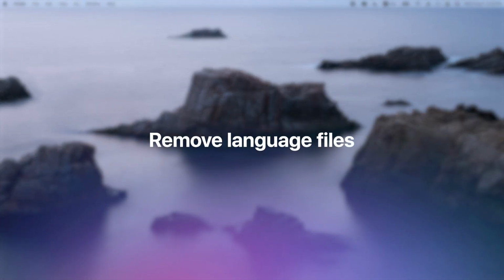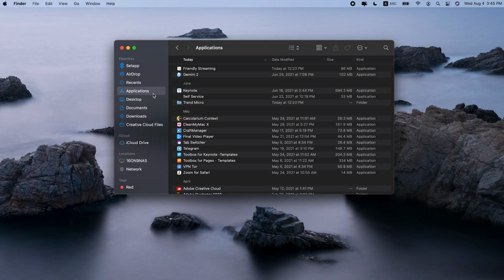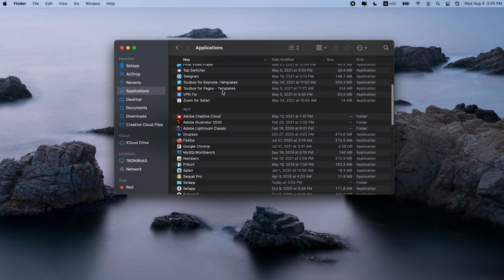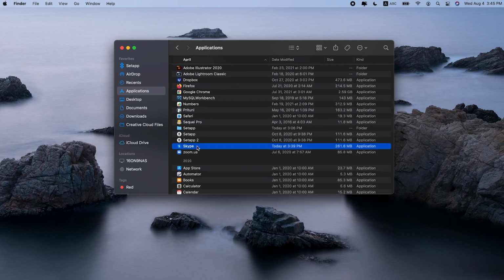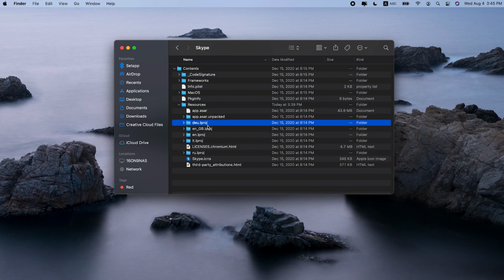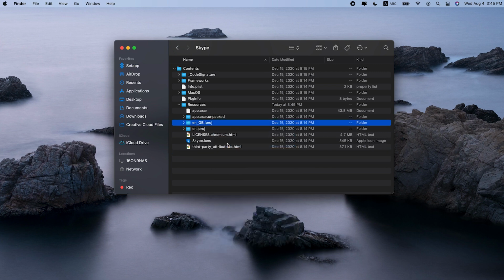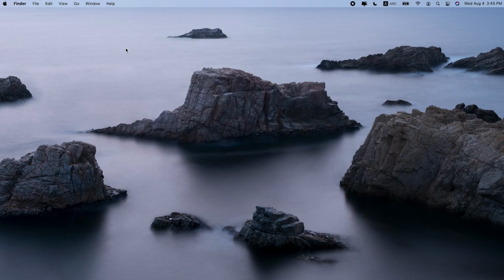Every app you use is translated into different languages so more users can enjoy it. The app stores those localizations on your Mac, which can take up a couple of gigabytes. Do you need all these localization files? Nope. So here's how to delete them. Go to Finder and select Applications. Right-click the app whose language files you want to delete and select Show Package Contents. Here, open the Resources folder. Next, find the folders ending with .lproj. Every folder contains files for one language. Remove the folder to delete the app localization.